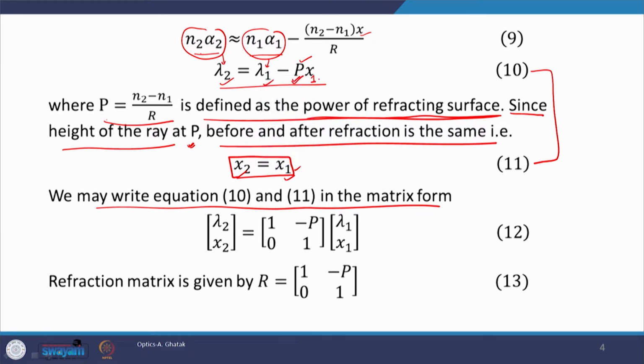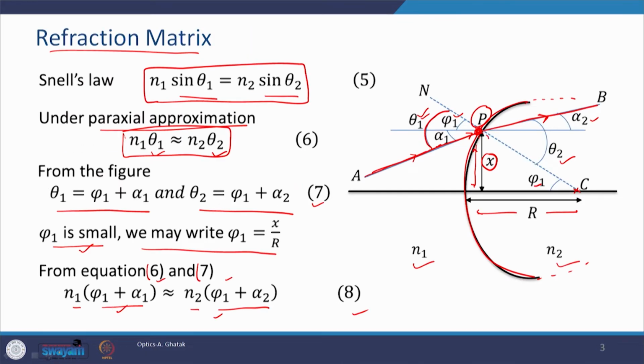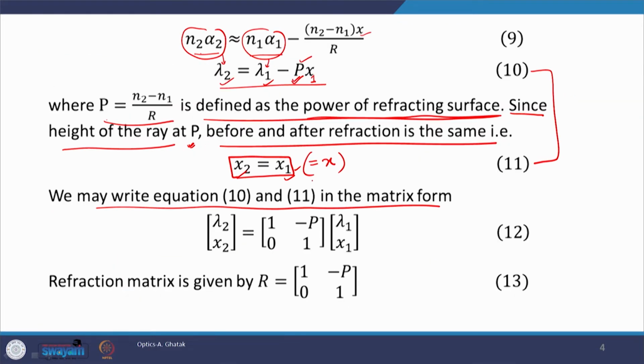Since x is equal to x2, we may assume that this is equal to x, because there is only one distance involved. There is a single height involved. Height of point P is x. Before refraction we are calling it x1, and after refraction we are calling it x2, and both x1 and x2 are the same and they both are equal to x. Therefore,